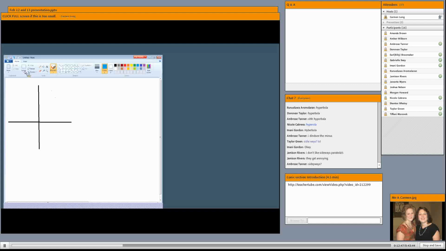Sideways parabolas have the y as the squared term, and the up and down parabolas have the x as the squared term. If the x is squared, you know it's an up or down parabola, right? Everybody's kind of like, okay, I can kind of get that. Now this one is going to have a positive